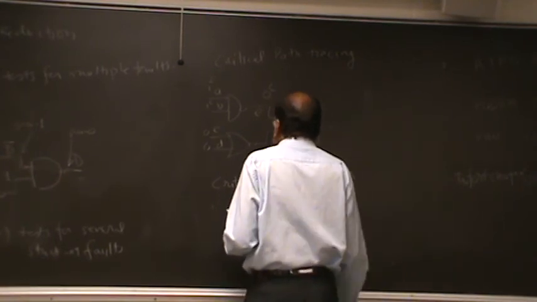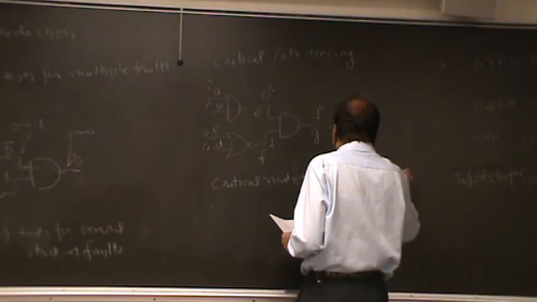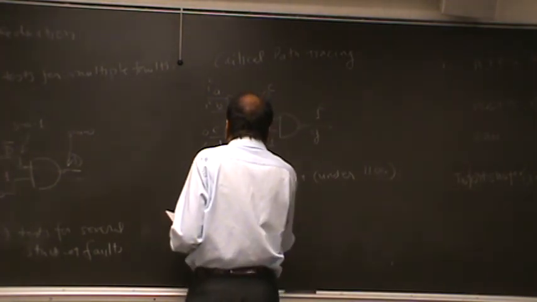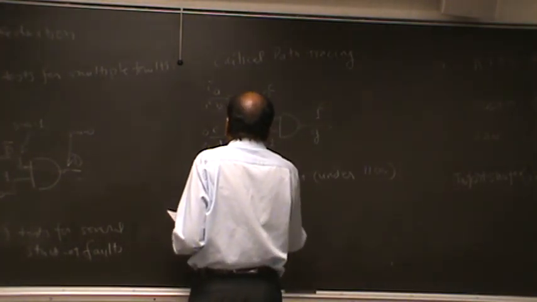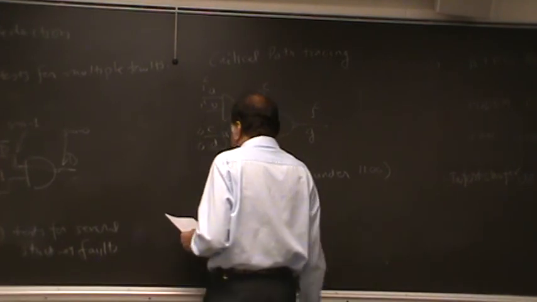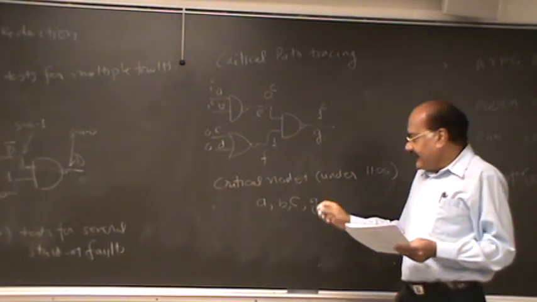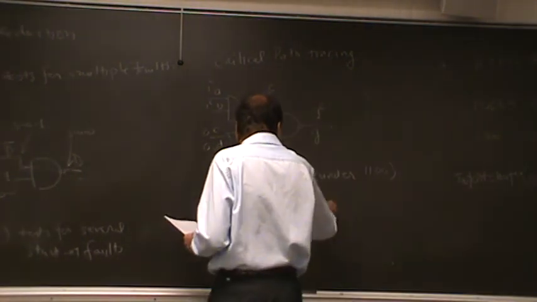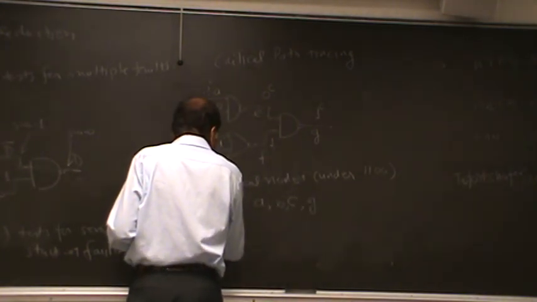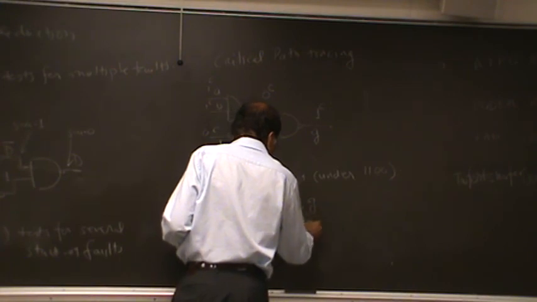And of course they are critical under the pattern 1100. They include A, B, C, and G. These nodes are critical, right? And you will notice that this means 1100 will test for